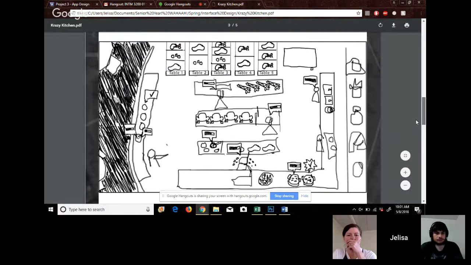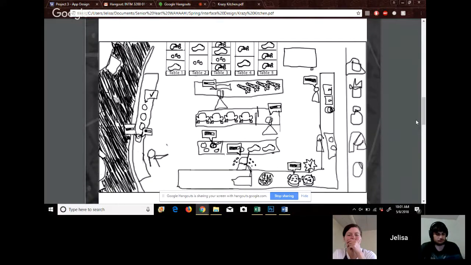So this is like a rough sketch that I drew to get my ideas out. I'm thinking the app is kind of based off of a restaurant, where you're the chef and you're ordering. It's like you're ordering the cooks around to complete tables. So the object is to get all the food from one table out at the same time.